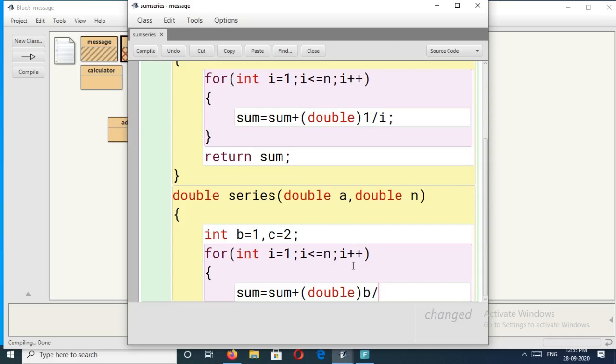How can you find the power of a here? See, we are using this variable c to identify the power of the variable. Then how can you find the power of the given number? Use Math.pow in brackets: a is the variable, a comma, what is the power? c. Here we are using c to denote this power. Then c. Then close the bracket. Okay.